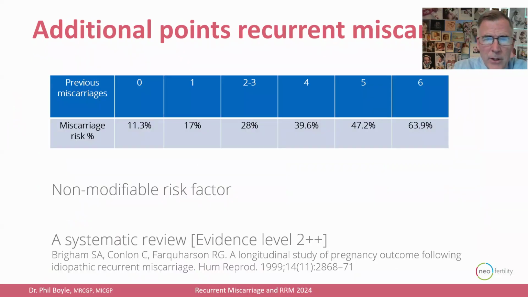This is interesting because I often see patients come with, say, 2 or 3 recurrent miscarriages, and this predicts your likelihood of having another miscarriage. It's quite easy to remember the numbers in round figures. If you've had 3 miscarriages, there's a 30% risk in round figures that you're going to have another miscarriage. If you've had 4 miscarriages, there's a 40% risk, 5 miscarriages, a 50% risk for your next pregnancy, and so on. So it's very round, easy figures to remember.